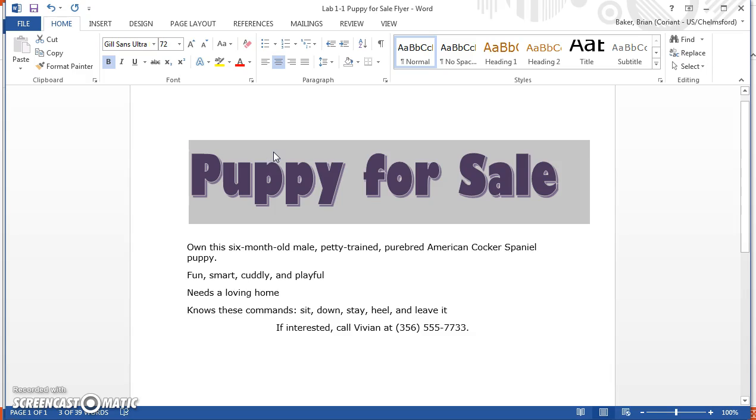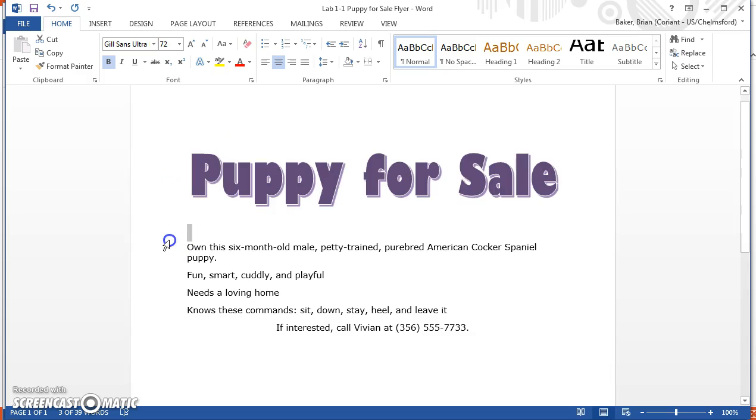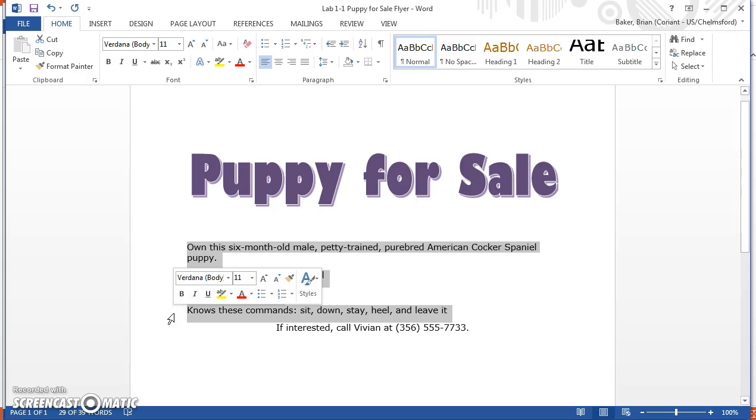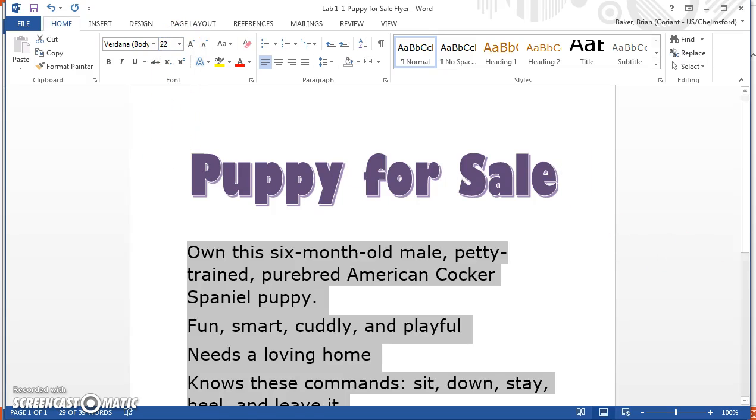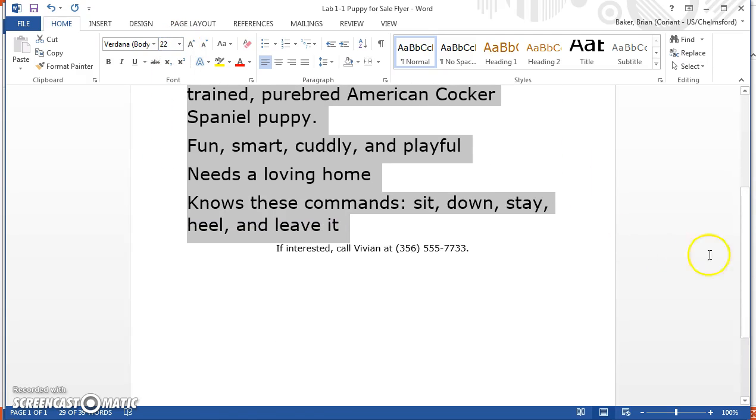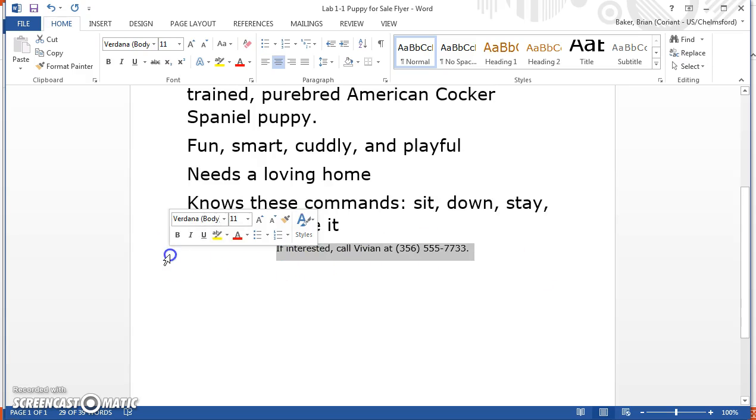Number 7 asks you to change the font of the body copy. Now the body copy is everything that's in between the headline and the signature line. So that's going to be all of these different lines. The font size for that is going to be 22. And then it asks you to change the signature line, which is just this one at the bottom here, to